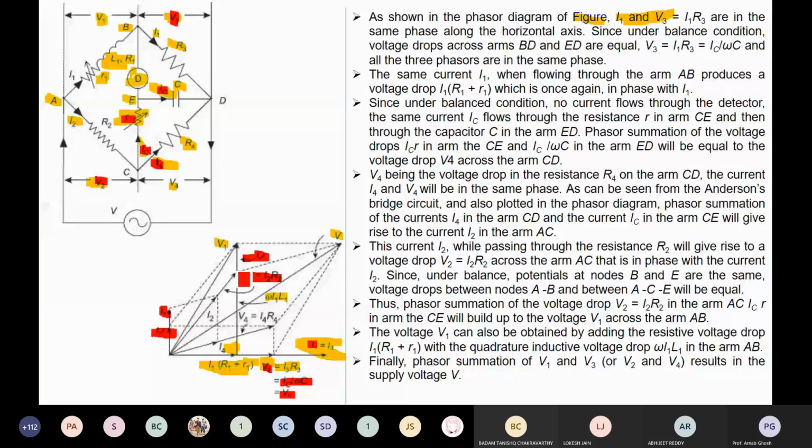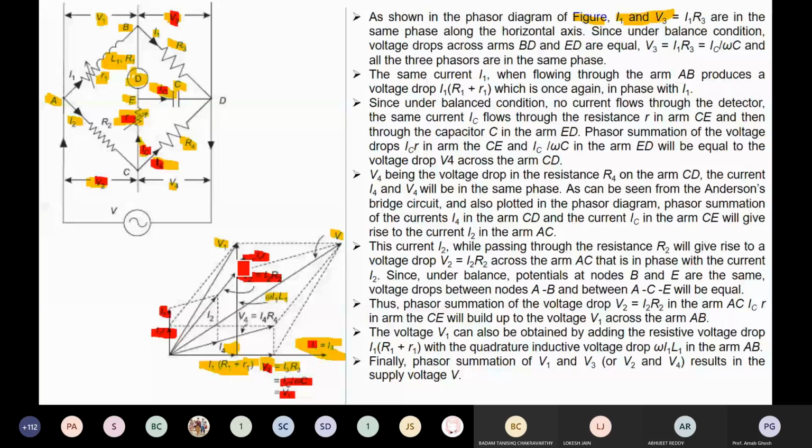But you don't know the expression of V2. So what is the expression of V2? V2 equal to I2 into R2. So what will be the direction of I2? That you need to find out. Your V1 equal to ICR plus V2. You will get the value of IC into R, but how to get the value of V2? You need to add this point to IC into R point. So you get the value of V2. So this arrow line is your V2.